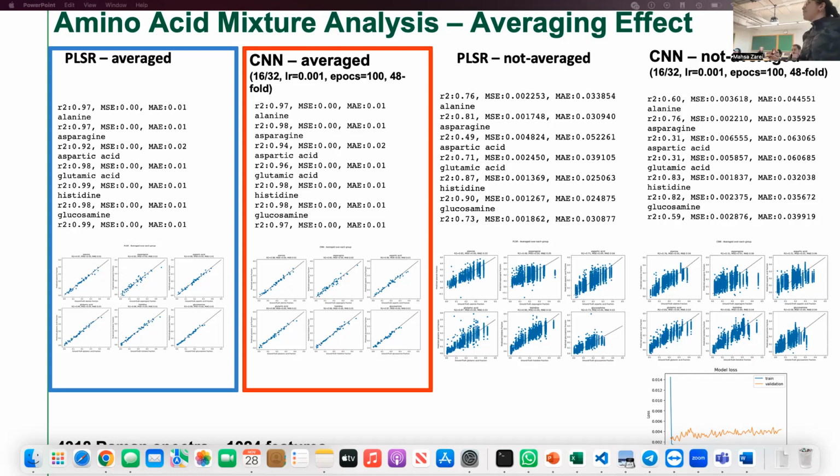So the first is the averaging effect. When you have lots of Raman spectra, obviously the averaging has a dominant effect and it improves everything very well. Even though it's always said that the more the data, the better, for example for deep learning models, when you have replicas, it's better to average your data before you train on it, because it represents better results. And then